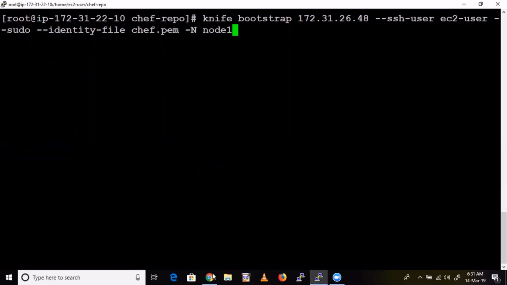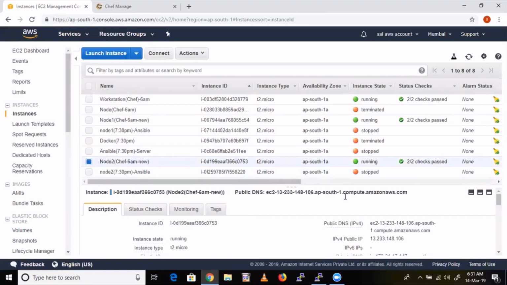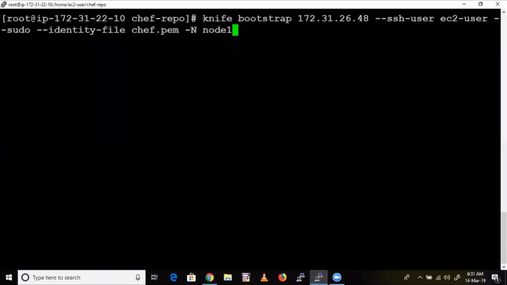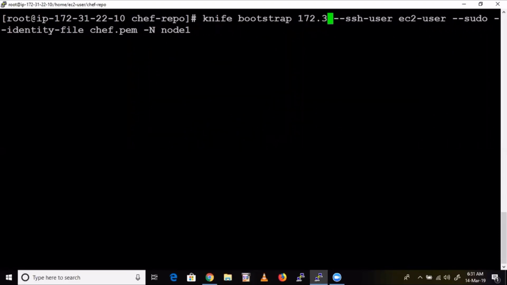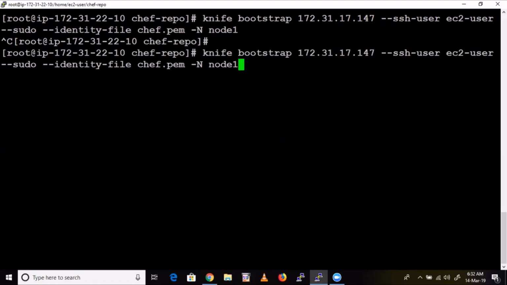So what is the node IP address? This one, right? So take the private IP. Now just replace this one with this one. Done. Enter. Oh, sorry. So the node name also we need to change, right? So I'll run this one.